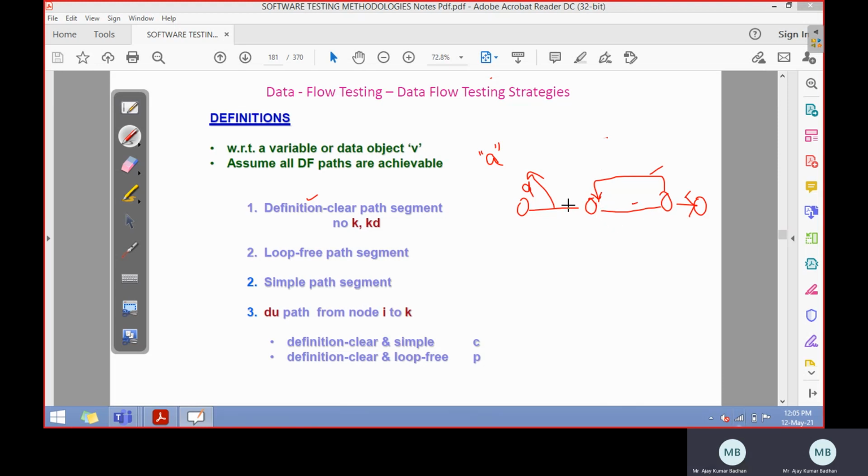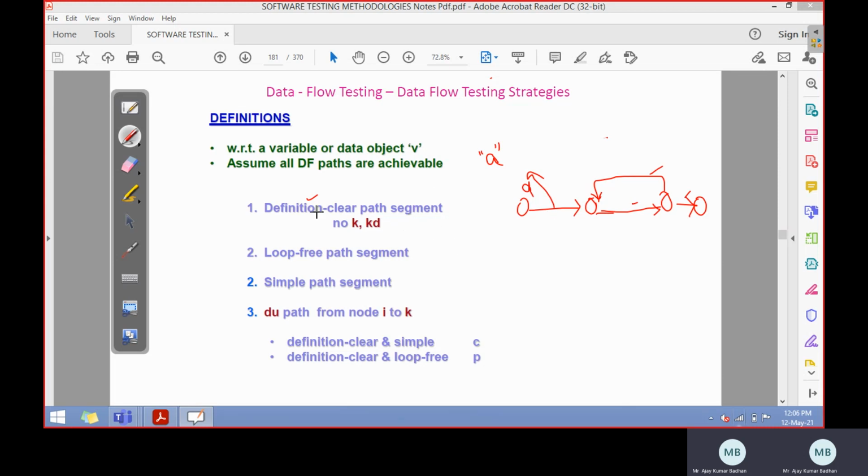You can see the link is flowing in this direction, but there are also looping statements. Whenever a subpath comes up here, what he's saying is that even if there is a subpath present between two nodes, that doesn't mean that all the paths between those two nodes are definition clear. Even though you have a subpath which consists of multiple links, that doesn't mean all those links are definition clear. There is a possibility they may be, or they may not be. That depends upon the situation and how we are using it.